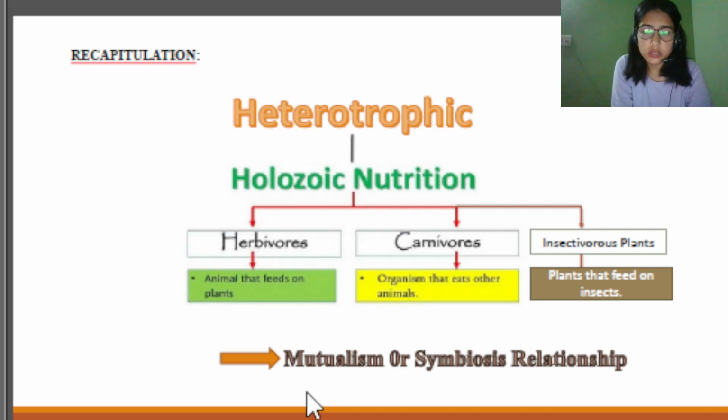So we'll do a quick recap of things. We have discussed today the heterotrophic mode of nutrition, and under that we have mainly discussed the Holozoic mode of nutrition. We know that when solid matter is taken by the organism, and it is digested and broken into parts to assimilate the content we have taken, we call it Holozoic nutrition. We have discussed three categories under Holozoic nutrition. The first category was